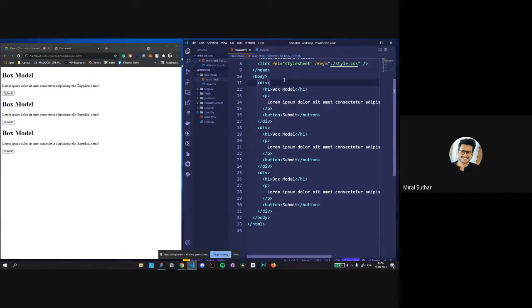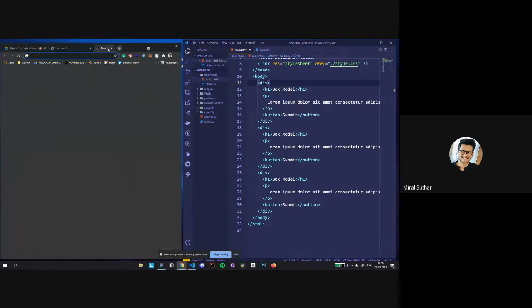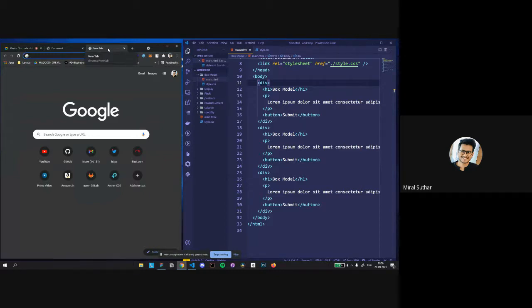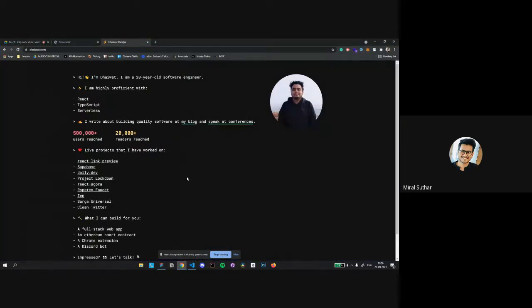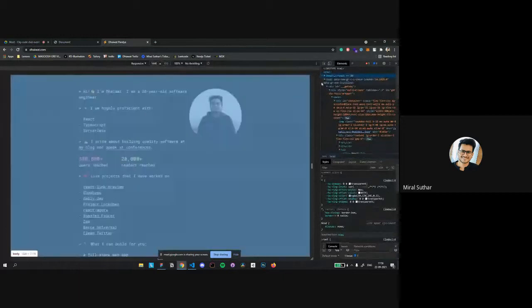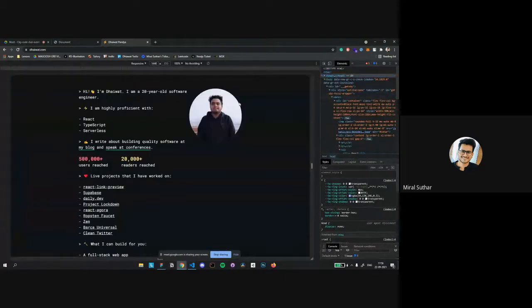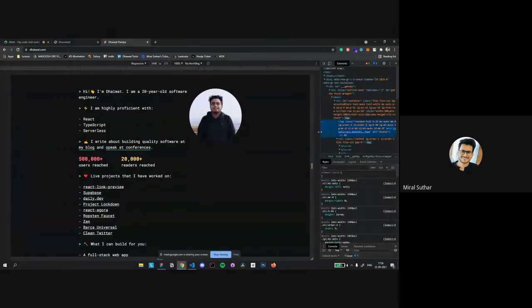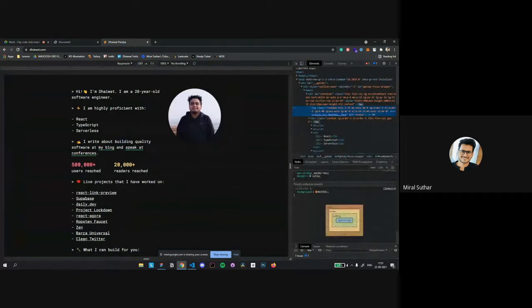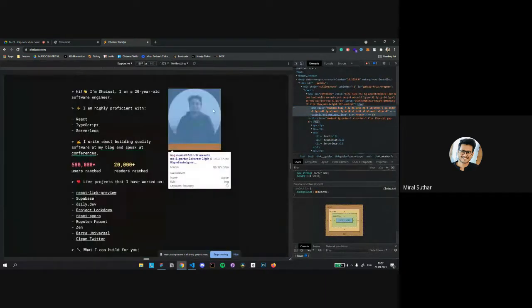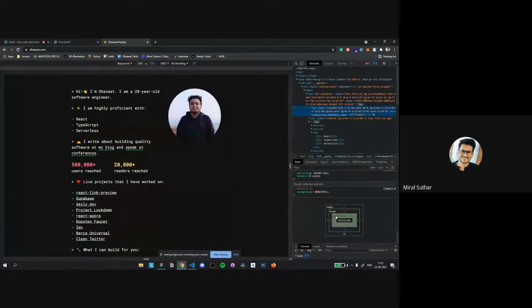So you can see in the basic HTML, we can go to any site. I will go to a site and just make it bigger. I want to use the inspector. You can select this image over here, and this is the box model of that image. There's a margin over here, no border and no padding on this image, and there's the content over here. So now we are using a basic type of box model.